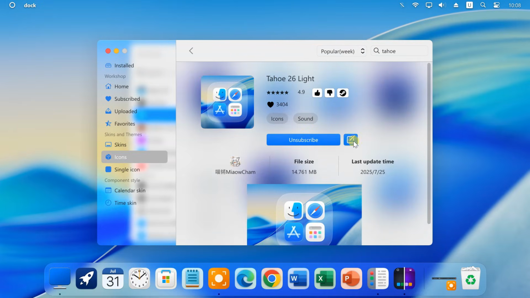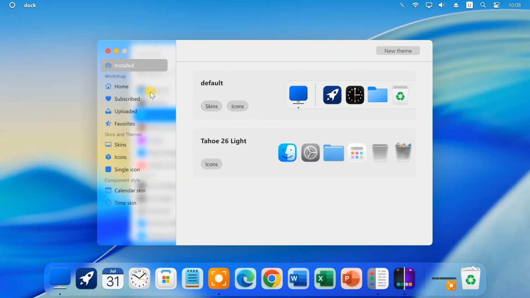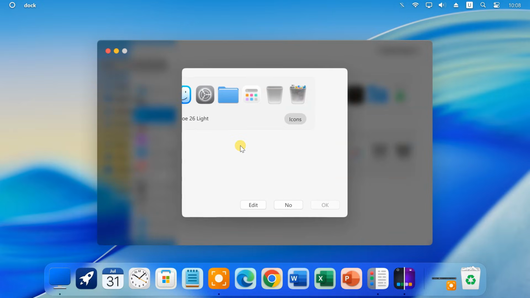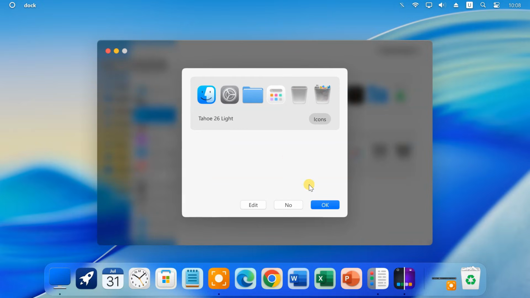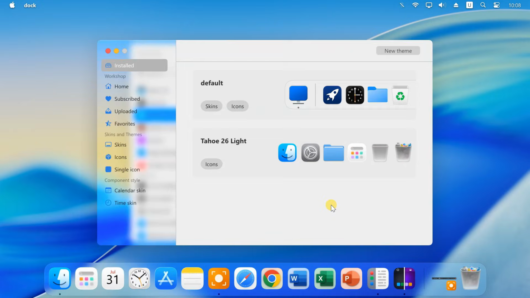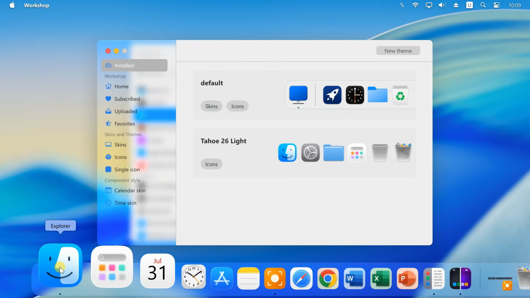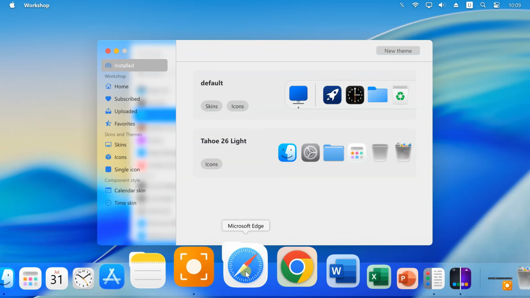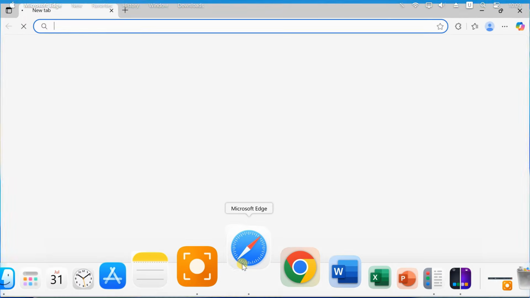Then click the download button and wait for it to finish. Once done, go to the Install tab. Select the Tahoe icon theme and click OK. Instantly, your dock's icons will change to the macOS versions. For example, the File Explorer icon turns into a Finder icon, Edge might look like Safari, and so on.